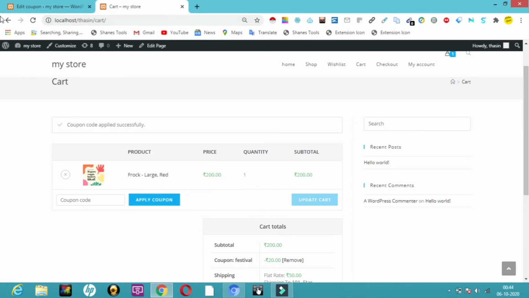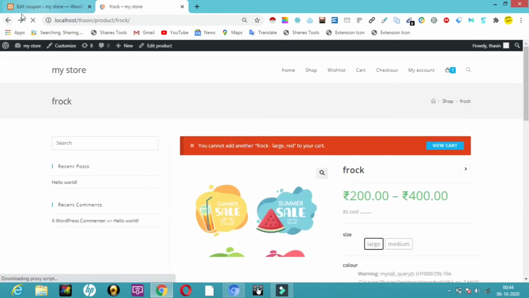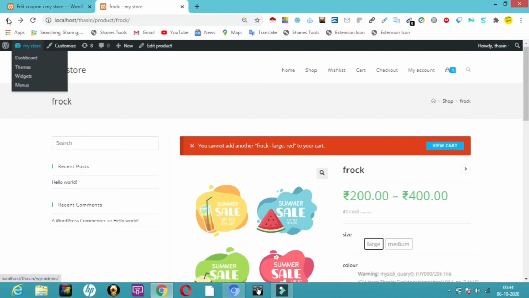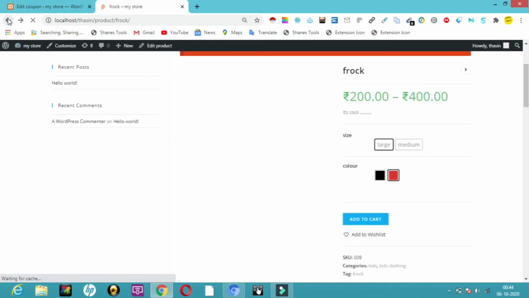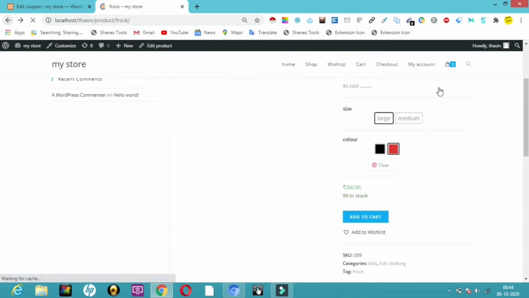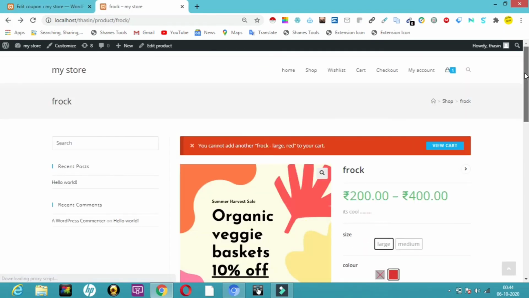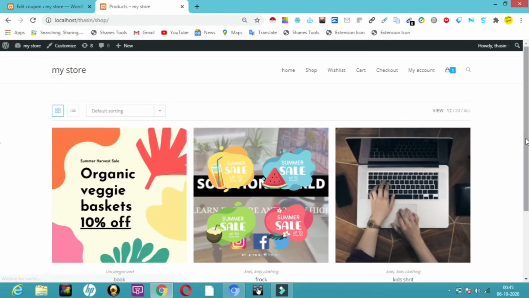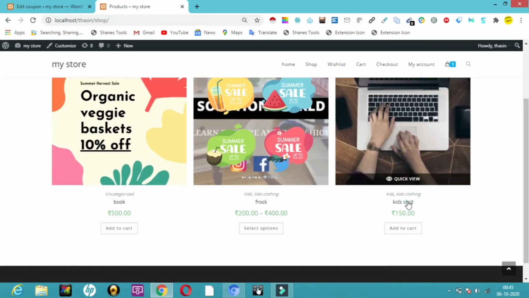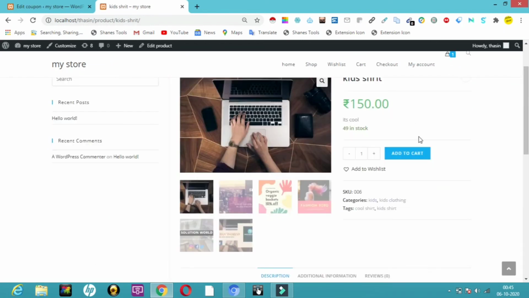Let me quickly go back and try to get some other product, to see whether I'm getting a discount or coupon for that, because we have given that discount only for frock. Here we have something called kids shirt. I'll click on this kids shirt and click add to cart.